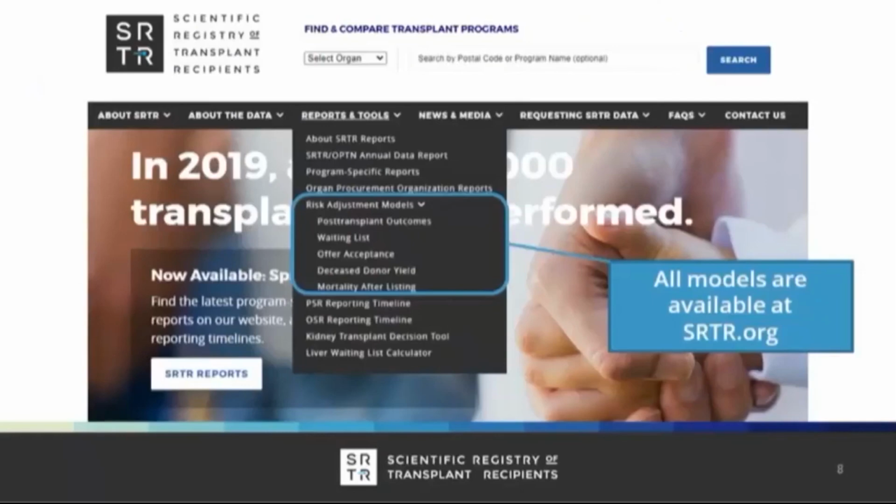And here is an image of where you can find them. If you go to our homepage at www.srtr.org and you click on the Reports and Tools dropdown, you will see a subcategory there of the risk adjustment models. And here you can see these broad categories of models for post-transplant outcomes, for waiting list models, for offer acceptance, for deceased donor yield for the OPOs, and for the new set of models that were released this year